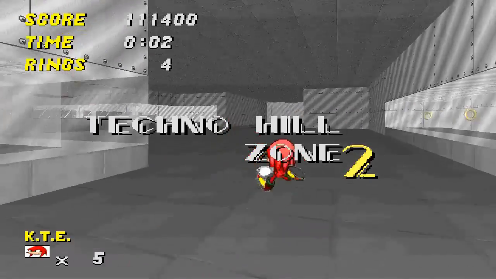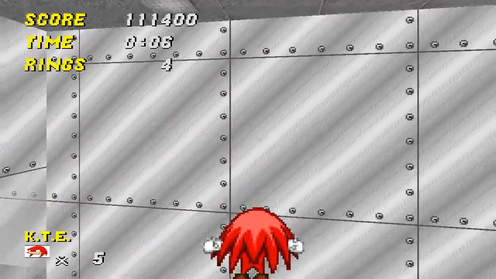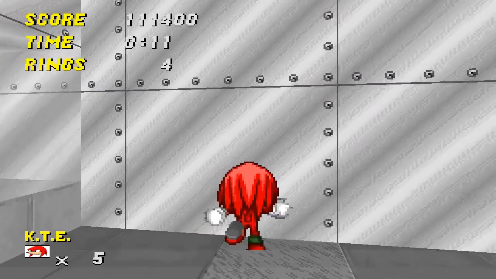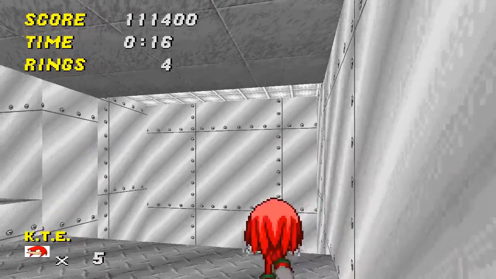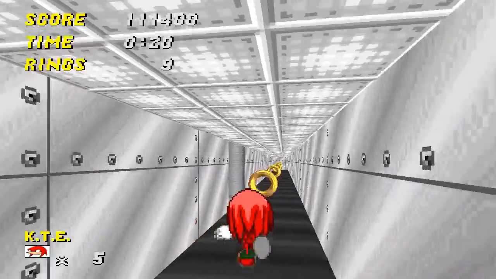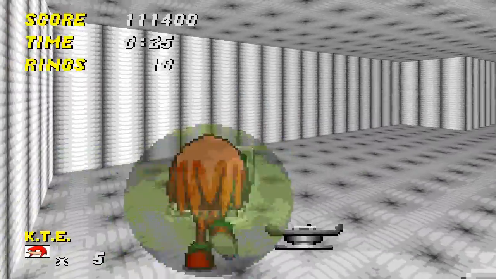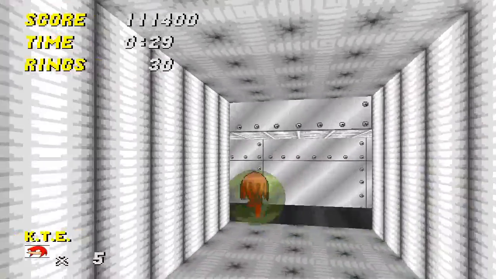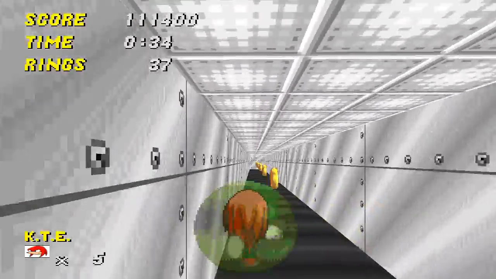Alright, so welcome to Techno Hill Zone Act 2. Now we're actually inside this base. If you head off here to the left and actually enter that hidden bottom area, you get a spring, bounce up, and you can now go off to the sides. You can collect rings all you want. I do go to get all the rings, but this is the main reason why you come down here. The elemental shield. And there's the fire. Well, it is a fire effect, but it can damage enemies, so...